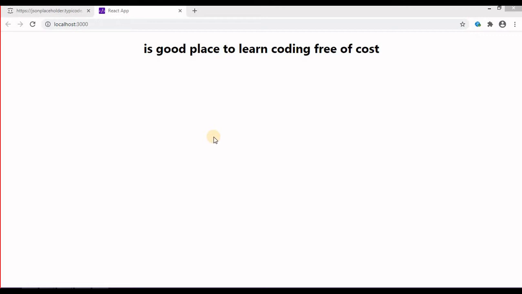Welcome to Free Tutor again, and today we are going to learn about the HTTP request or API calling, or you can say AJAX calling from different kinds of servers, and to print all the fetched data in our front end, and also we'll learn how to post data to our server so that we can have experience with both get and post requests.